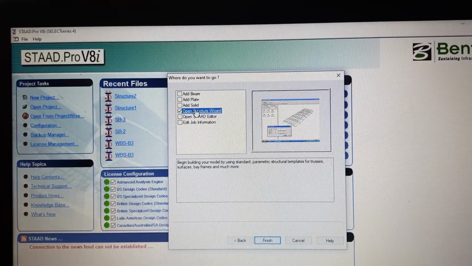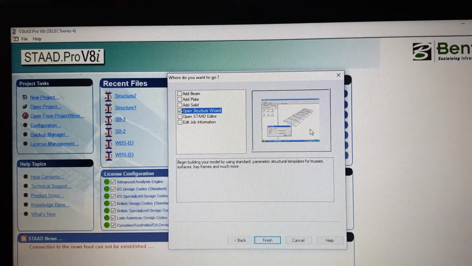Open structure wizard. What is open structure wizard? Open structure wizard is a platform where you can specify your regular type of structure, a regular type of frame, with the help of some spacing. Say you want to model a truss, you just need a regular truss and you need to specify the x, y and z units to readily get the geometry. So you will go to this open structure wizard where lots of regular structure formats are available.